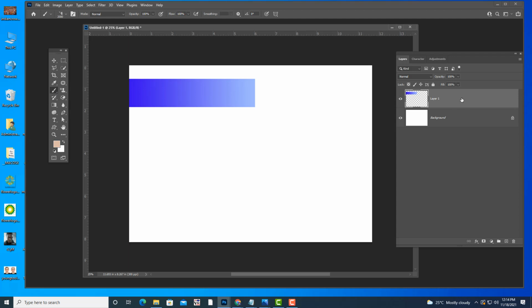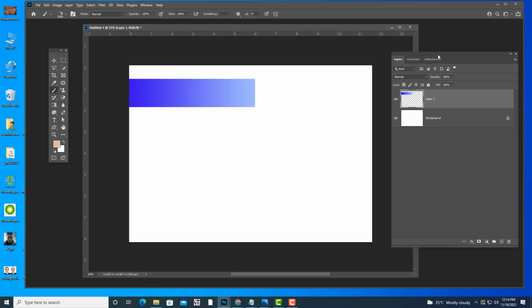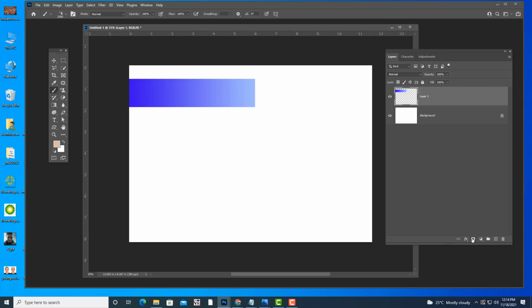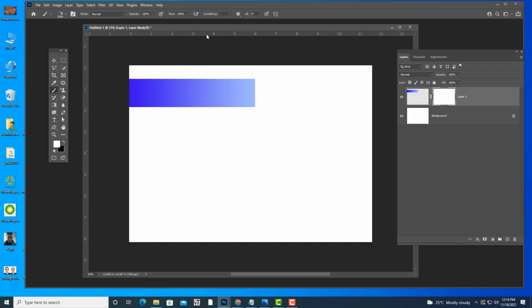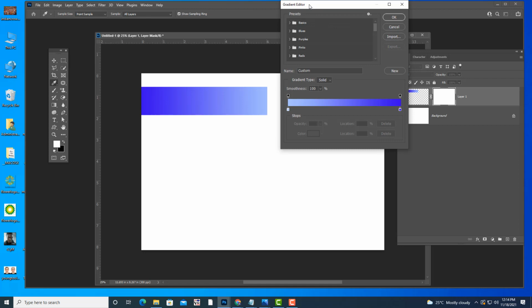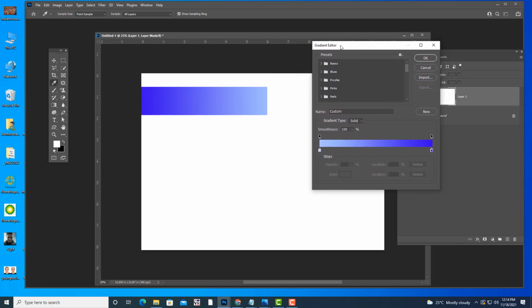Reveal All or Hide All mask and see the effect. But what I will do now, I will apply a gradient. See how I am going to apply a gradient. See, first I am going to apply a normal mask. So you can see a white color mask thumbnail. Now I am going to hit G. G means gradient, and then I am going to use a black and white gradient.